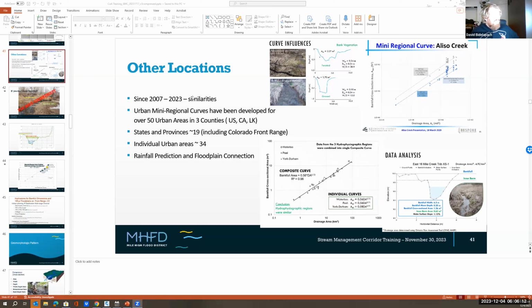So, we've gone out one year and did a work on North Carolina urban regional curve, and then we went back out and did North Carolina urban regional curve a number of years later to double check the numbers that we came up with. And then we had some issues related to rainfall. So this is just to say that it has seemed to be pretty consistent with us in the past on